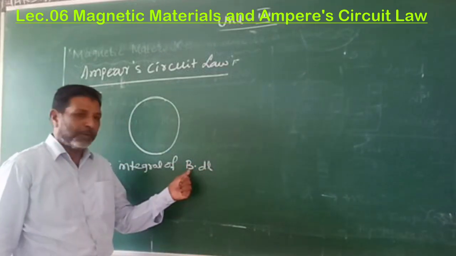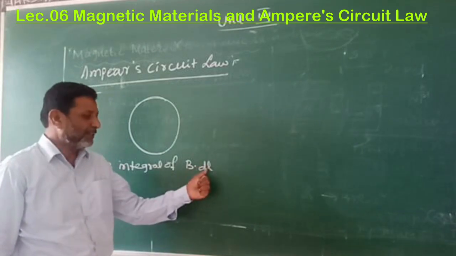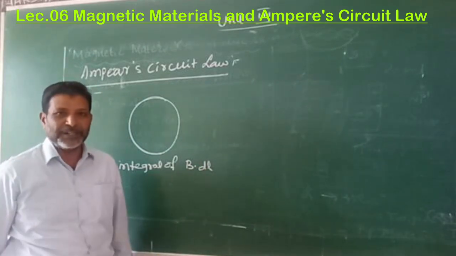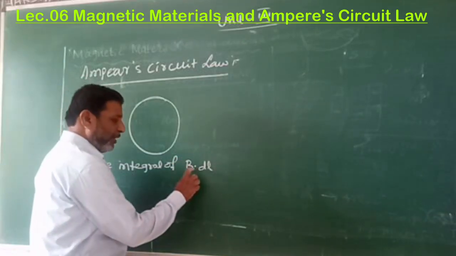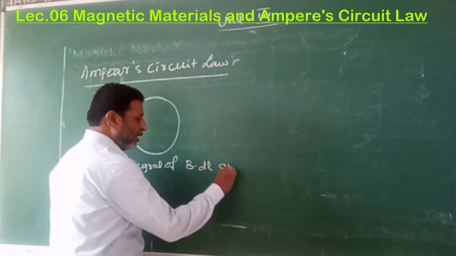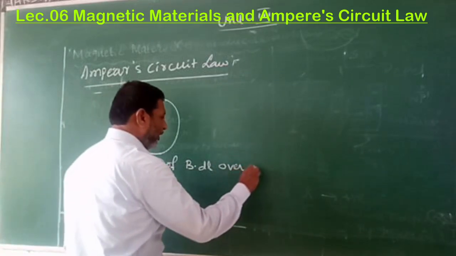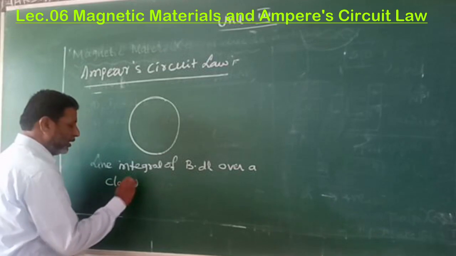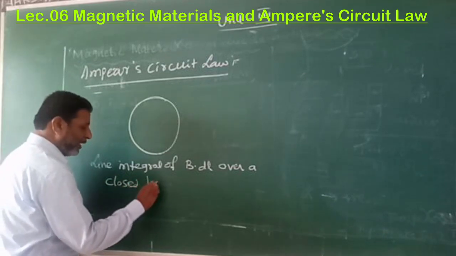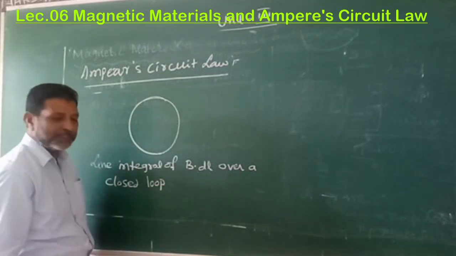B is the magnetic field, dl is the small length of the current. Line integral of B dot dl over a closed curve, or you can write it as closed loop also,